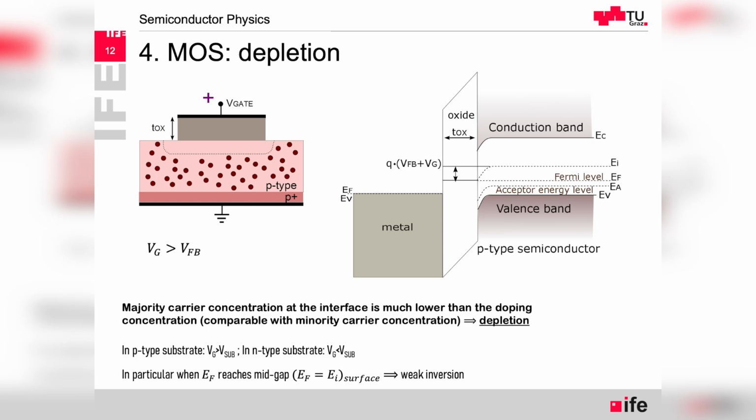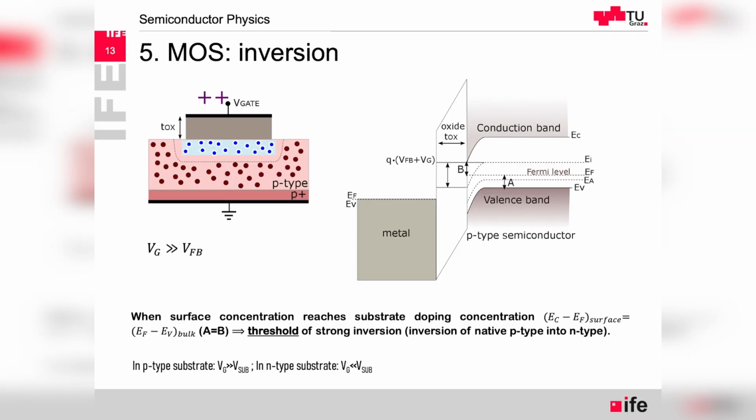From now on, if we bend even further, then the Fermi level is going to be above the intrinsic level. So it's as if it was n-type material, because the Fermi level is only going to get closer and closer to the conduction band. So this is weak inversion, and as we apply even more positive gate voltage, then we will go into